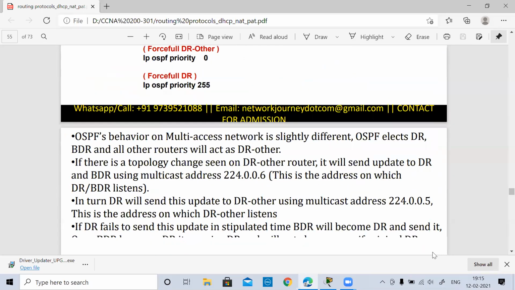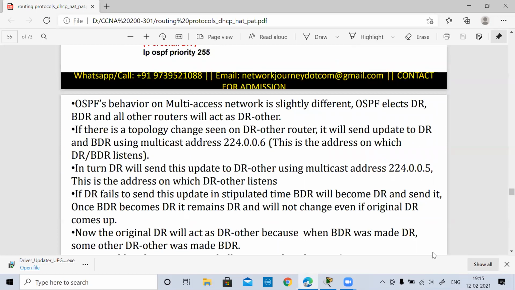Okay, I have written it down very well over here. So the first thing is, OSPF behavior on a multi-access network is very different. It first elects a designated router, BDR, and all other routers will act as DR others. There are three things: DR, BDR, and DR others. Okay, so if there